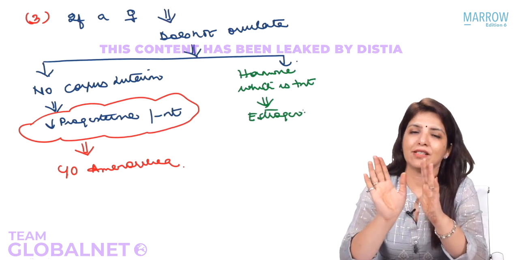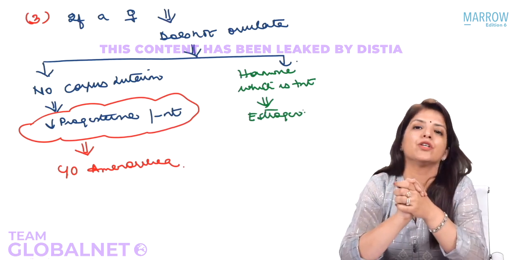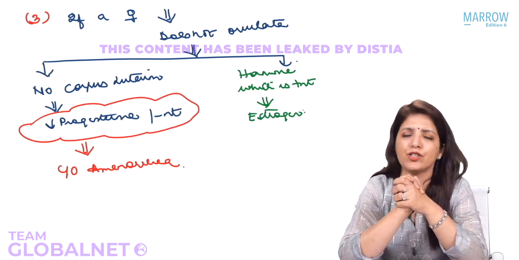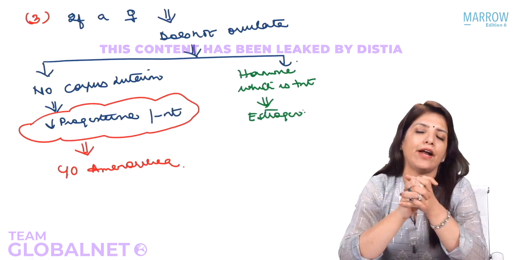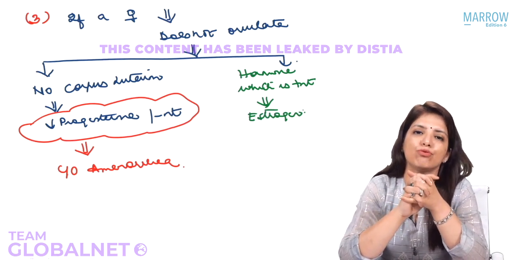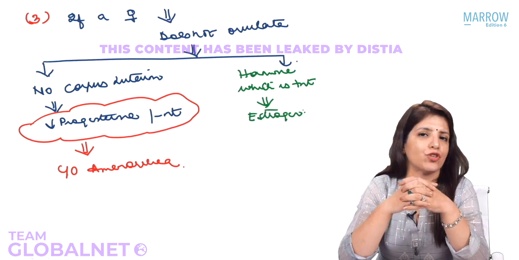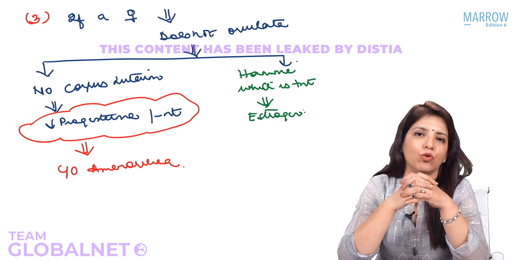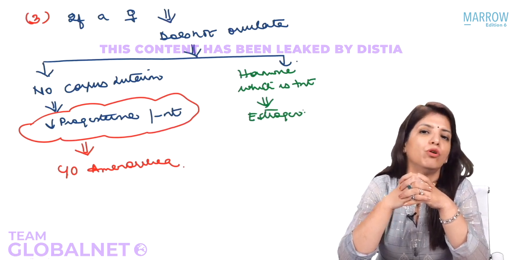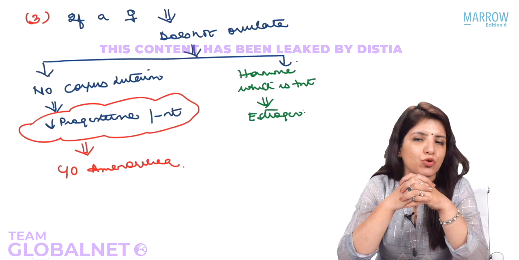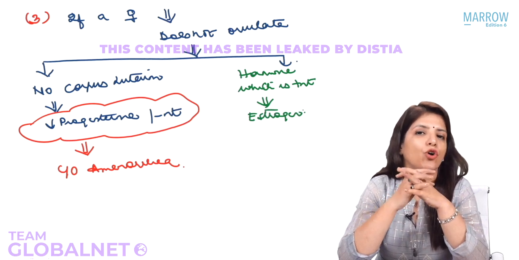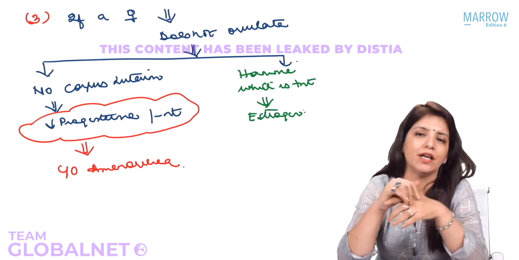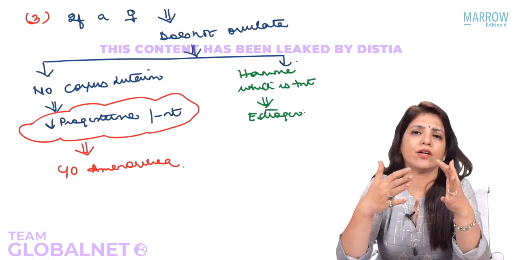Right? So let's understand this with an example. Suppose there is a female who had her menstruation on the 1st of Jan, right? She had a 28-day cycle, and on 14th of Jan, she was expecting to have ovulation. Now, 14th of Jan, she did not have any ovulation, right? Obviously, if she did not ovulate, there is no corpus luteum and there is no progesterone, right? And if there is no progesterone, on 28th of Jan, she will not menstruate. In other words, she will have amenorrhea. Right? Now, nothing happens. 28th Jan goes, nothing happens.